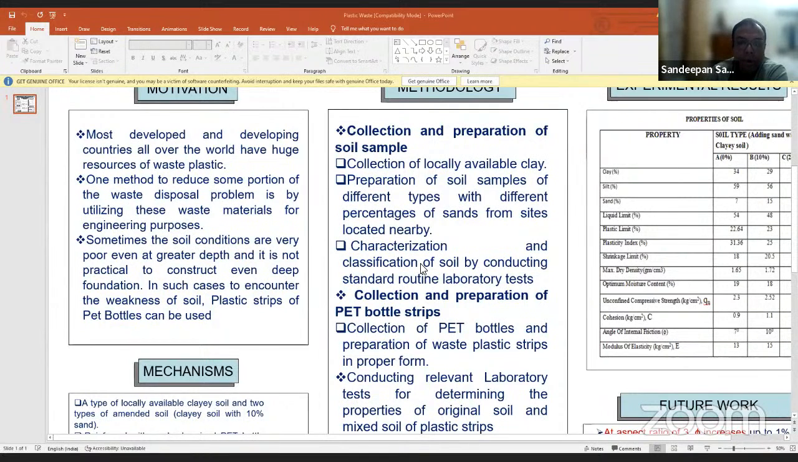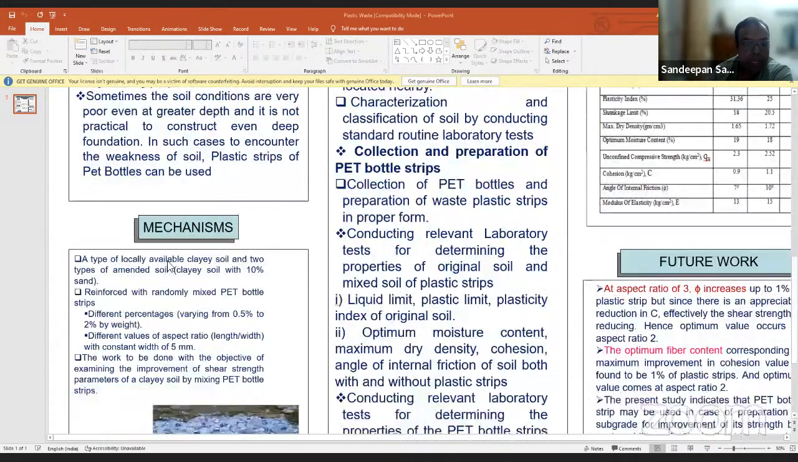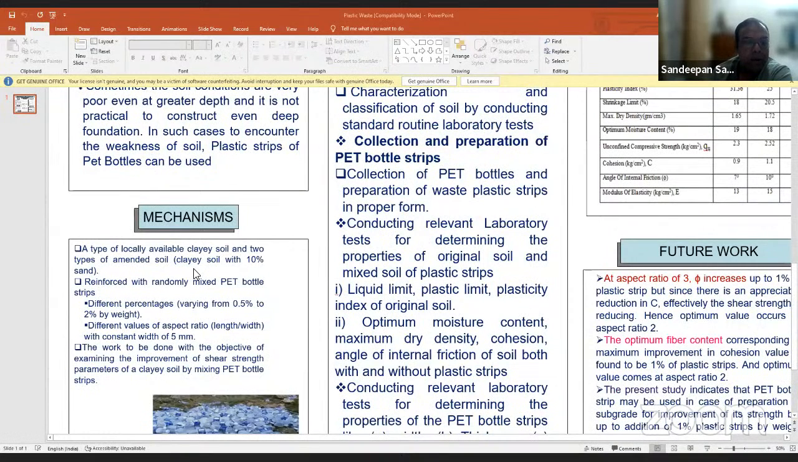But why are we doing this? Because as we know, plastic strips are very easily available. At the same time, roads, especially the roads in the village area, do not have that much strength, so we can use them there also. And to do so, what we have done, we have tried to mix soil with 10%